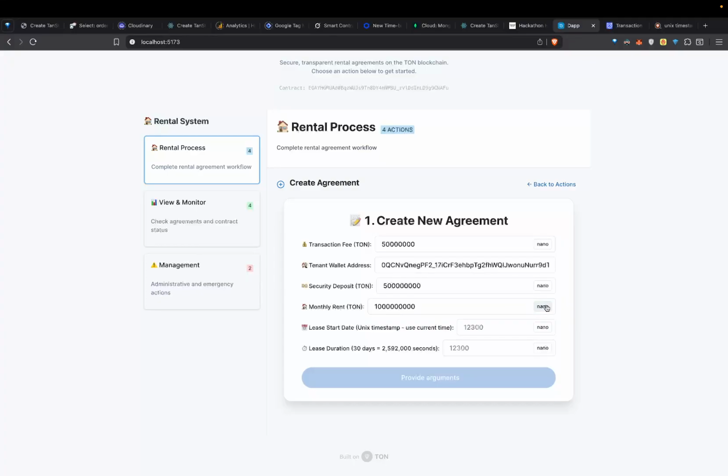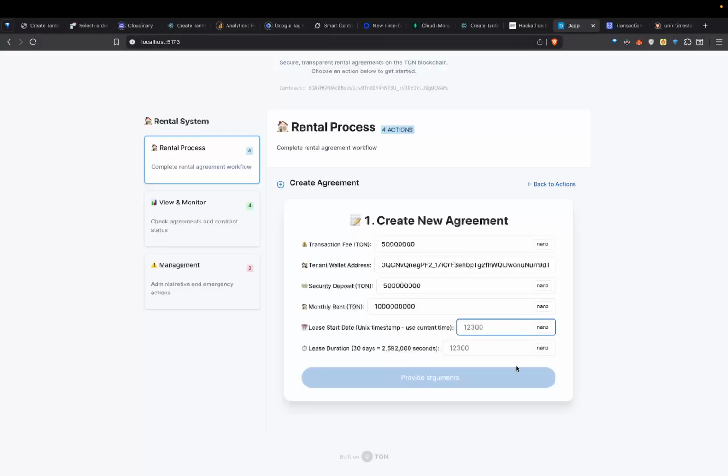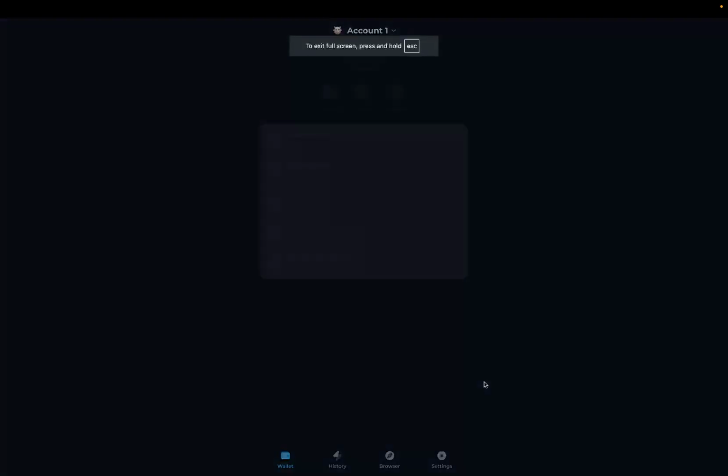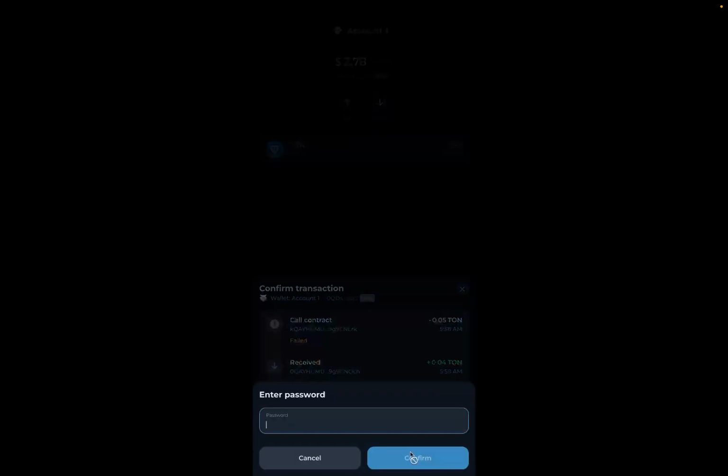So currently we are doing the payments in Ton because the USDT support, due to time issues, was not possible. So the current amount will be in nano, pasted here, and let's say the agreement is for 30 days. So I'll be signing the transaction here, confirming the transaction.